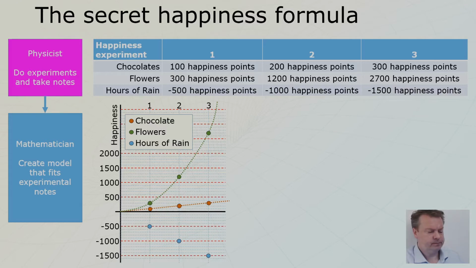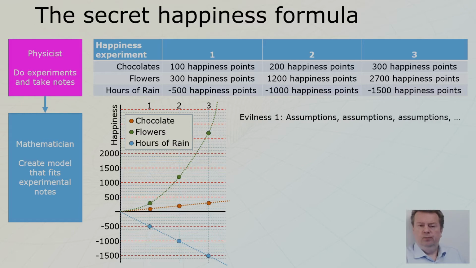There it is. Looking at hours of rain, he can get away again with a straight line. But it's a little bit evil. And why? Because he introduced a lot of assumptions here. He could have chosen a million different curves hitting these points. And by choosing the curves or lines he did, he made a lot of assumptions. But if we look at the graph, it doesn't look that silly, right? It looks like it's pretty on point. So let's forgive the evil mathematician.